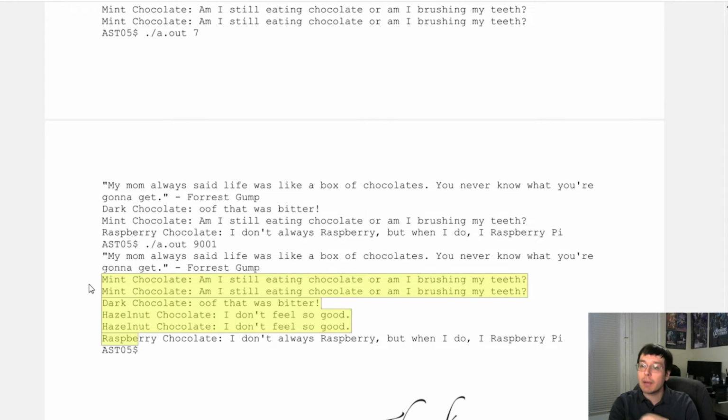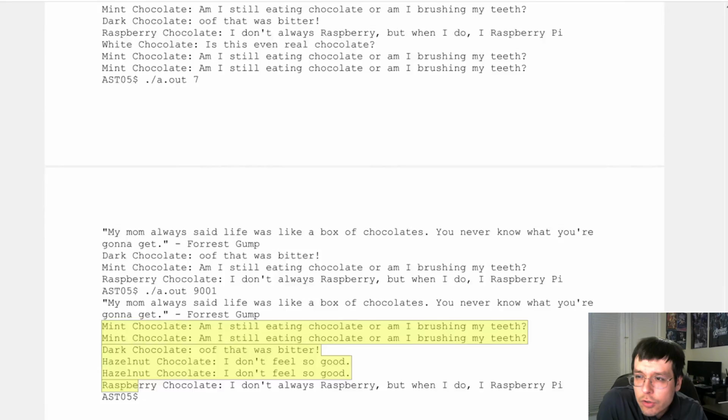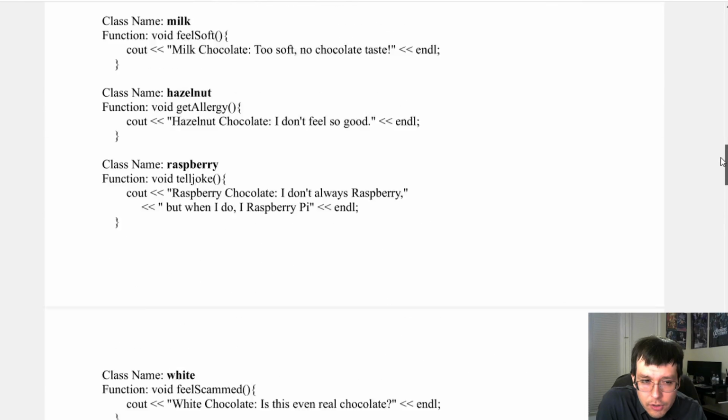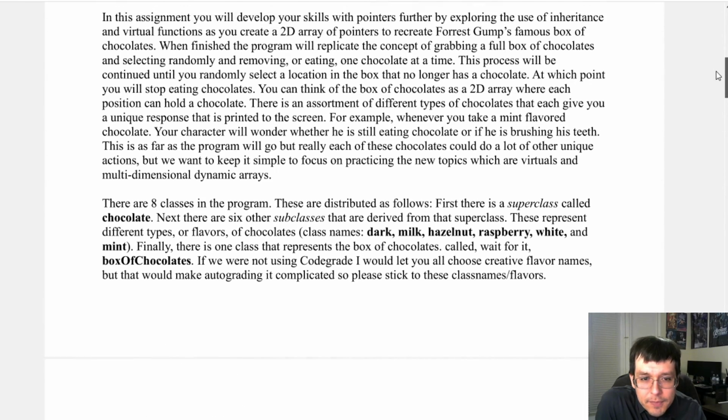If you're having issues with CodeGrade and mismatched outputs, it's probably because you didn't follow that. There's not that many places where you have to figure out this randomness. It's only really when you're filling the chocolate box itself initially, and when you're taking one chocolate out. I believe I do first length and then width. Make sure you do them in that order. Otherwise, you're going to have a transposed matrix. It's not going to work. Okay? So really, that's all there is to the assignment. As long as you do that, you will be okay.